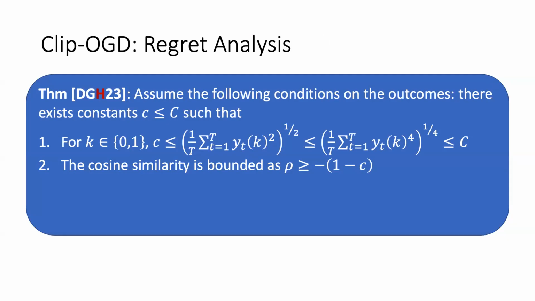And this fourth moment here is bounded above by some constant. So this prevents the outcomes from all becoming like 0, and this prevents the outcomes from growing too large. Any individual outcome can be 0, or any individual outcome can be large-ish, but they can't all be large or